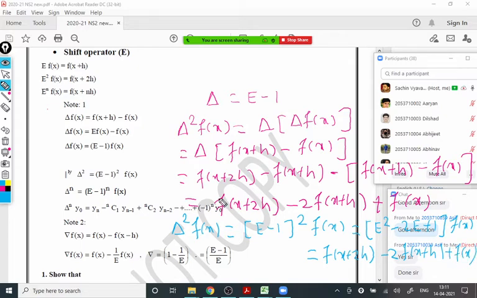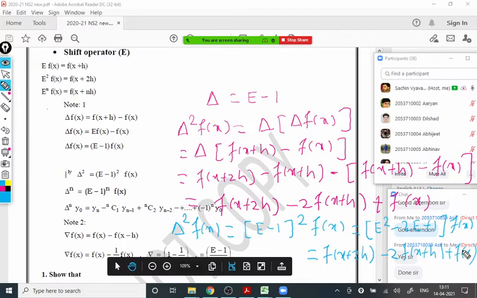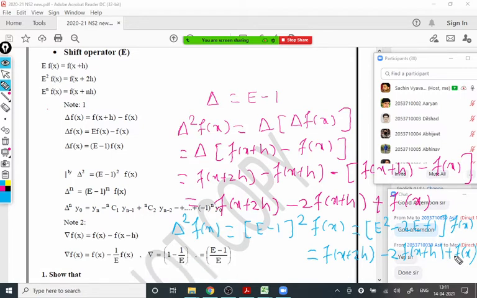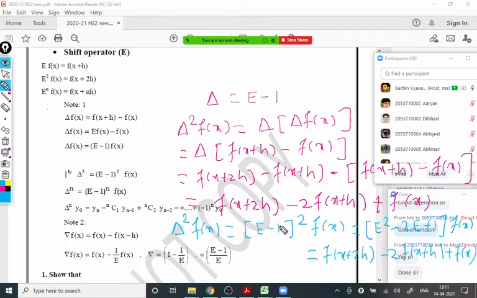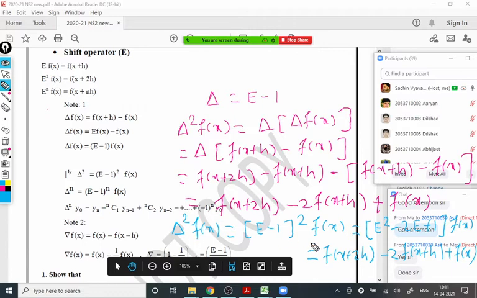So you will observe this answer and that answer both are same. So here you require 2-3 steps, but here you get the answer in a single step. Right now, we derived a formula for delta square. But remember, if you have to find the formula for delta raised to 5 or delta raised to 6, actually the second method is the simple one. But I will tell you one more thing. In the last 5 years, not a single question is asked on this type. But it is part of the syllabus. So we are just completing it. And it is very simple, not so difficult. So this is delta square f(x).